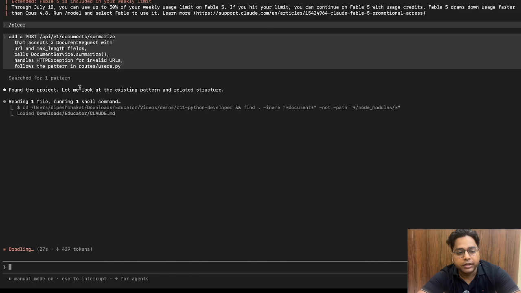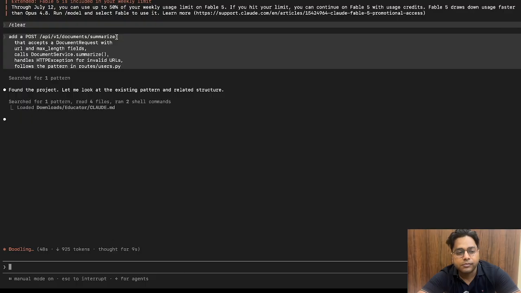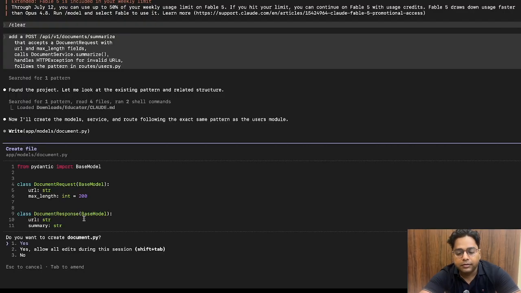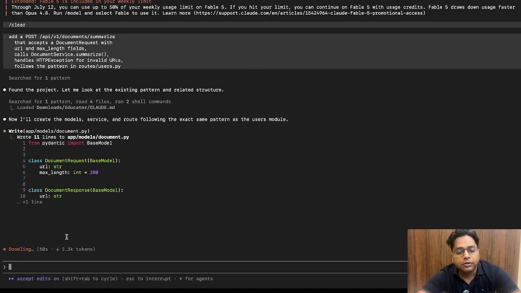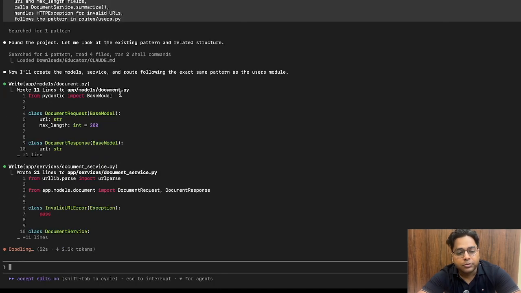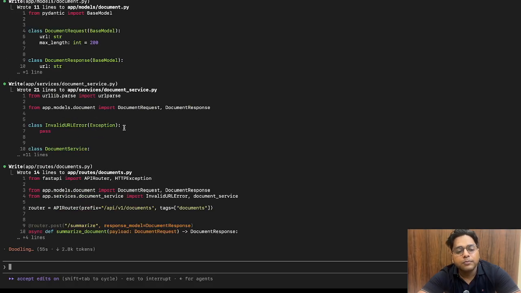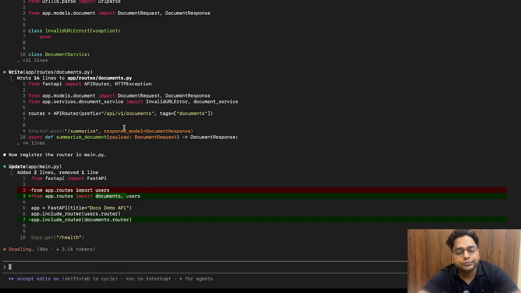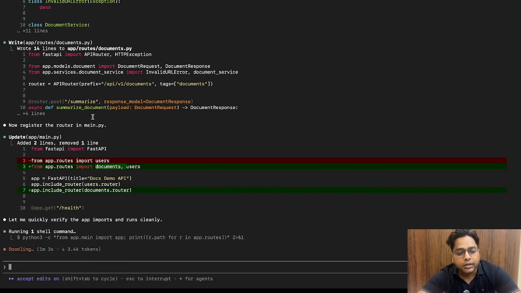So it has found the project and it is looking at the existing pattern and related structure. So its job is to create a new POST endpoint. So after seeing this, it should be able to create it. Great. So it has figured it out. Now I have given it access. So it is writing the code now. It has written some routes and is registering the router, verifying,